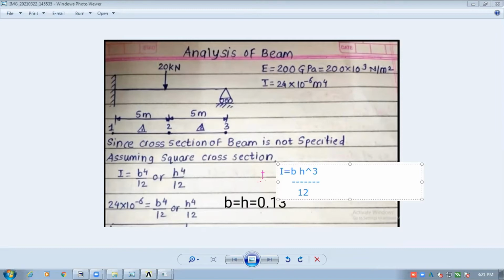Or you can write it as H B cube by 12. If you use this formula, and you need to calculate B, you should know H, or if you need to calculate H, you should know B.